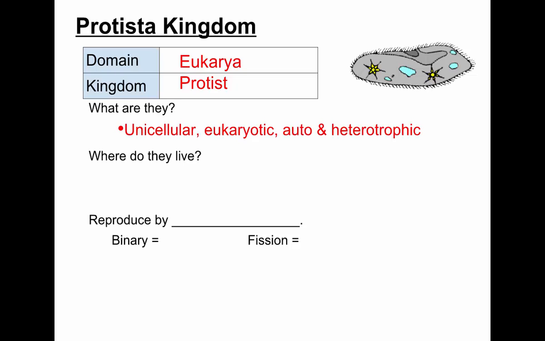And protists are aquatic organisms. They are unicellular, single-celled. They're eukaryotic. They have a nucleus. And they're either autotrophs or heterotrophs, depending on which one we're talking about. Basically, you find protists wherever there's water. If you go to a pond near your house or a stream, and take a sample of that water, look at it under the microscope, you probably find some protists living there.